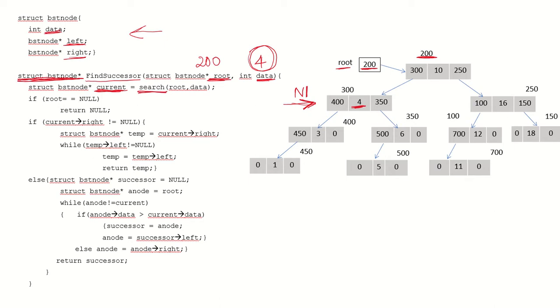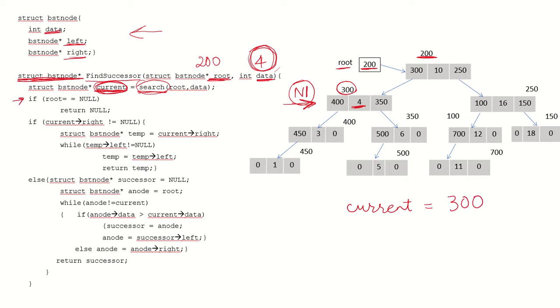So again we are going to implement a basic function which will search this node for this particular data, and you can check one of my earlier videos to see how to implement this function. This is a very basic function. We will start from the root node and keep on traversing till we reach the node with this data 4. Once we have reached that node, this current will hold the address of that node n1. So if the address of the node is 300, that means the current pointer is currently holding the value 300.